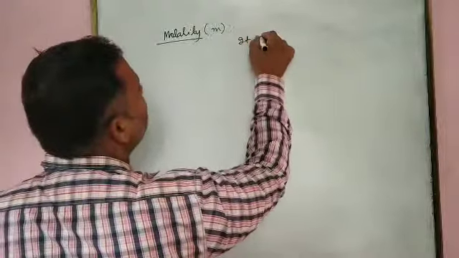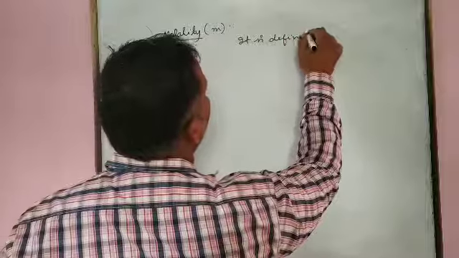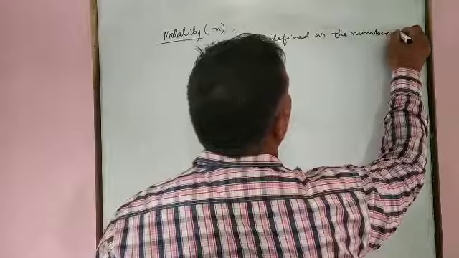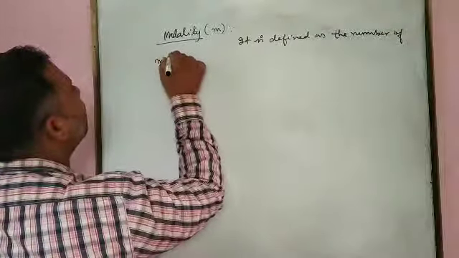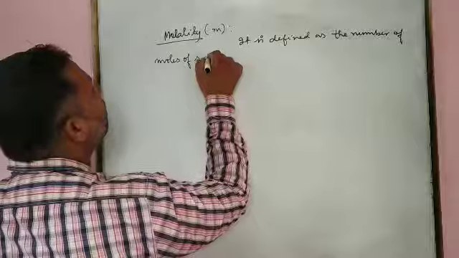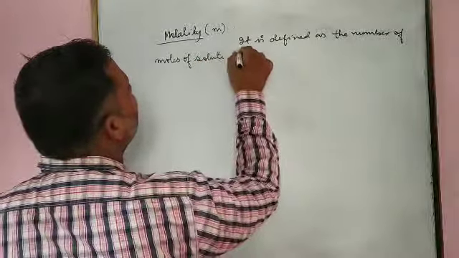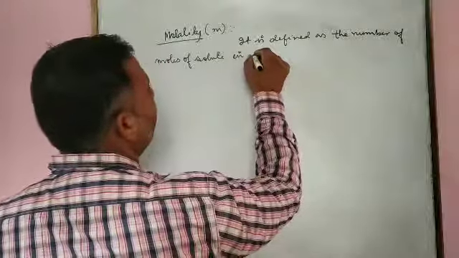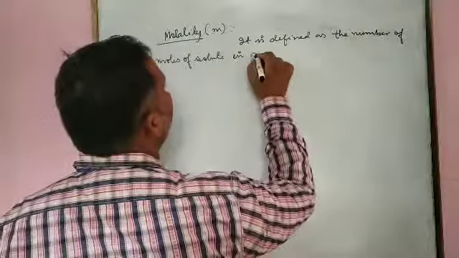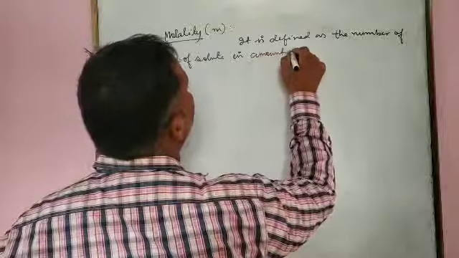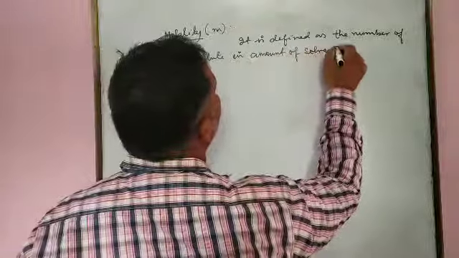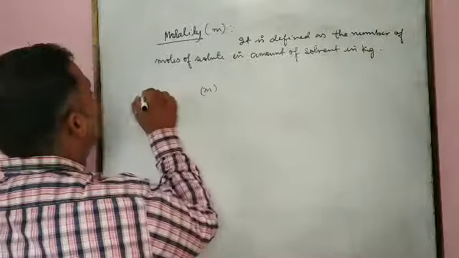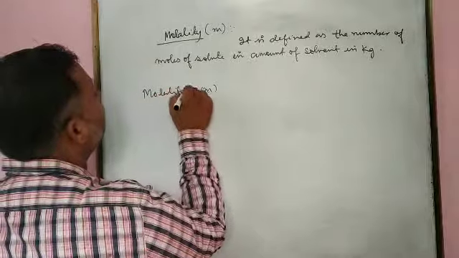It is defined as the number of moles of solute per kg of solvent, or in the amount of solvent in kg. And molality is equal to